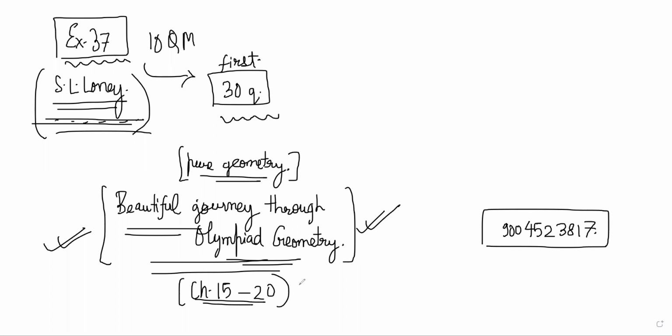Once you start reading the first few chapters, you realize that it is explaining everything very nicely. And the online version of it is available for free. So you can freely download it. Just search for it on Google, you'll get a download link. You don't have to finish the whole thing. You can just do the first 10-15 chapters here. That will cover enough for IOQM and whatever. So even for the next level, INMO and all, it is also enough.